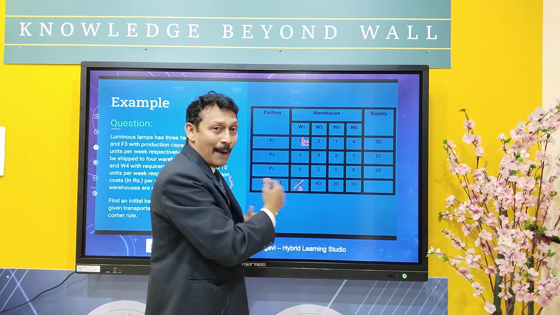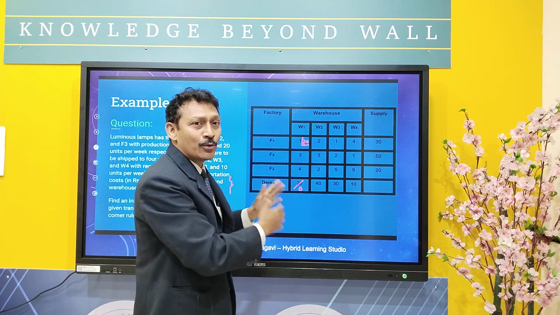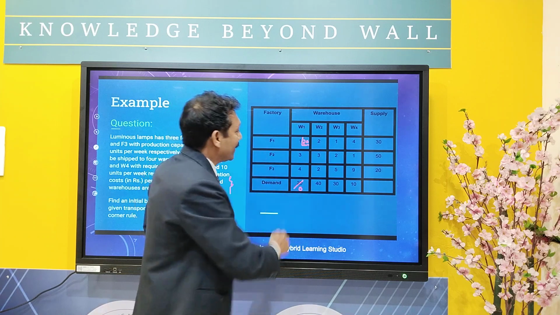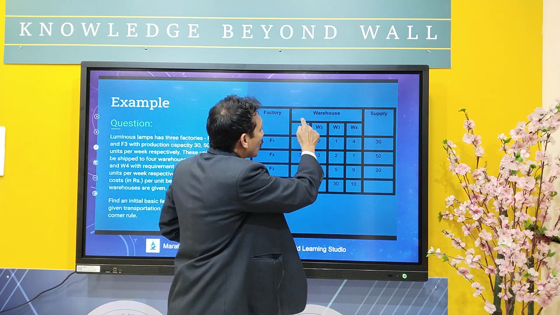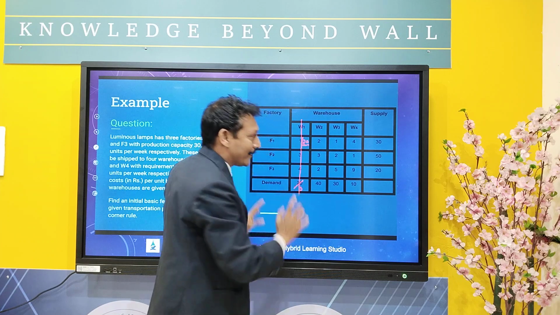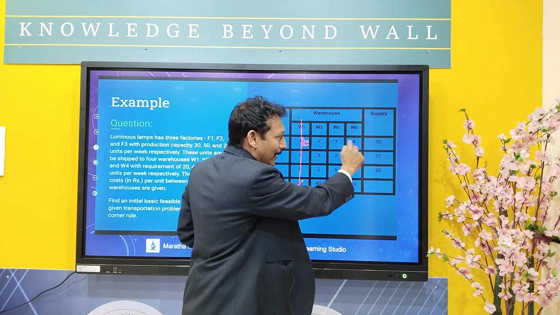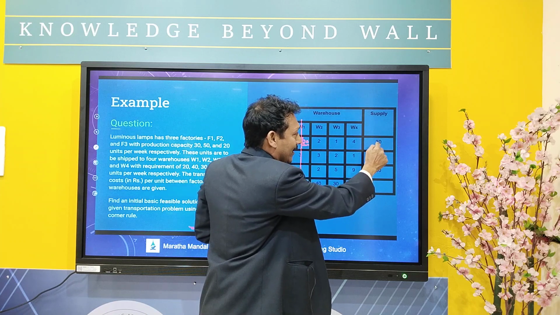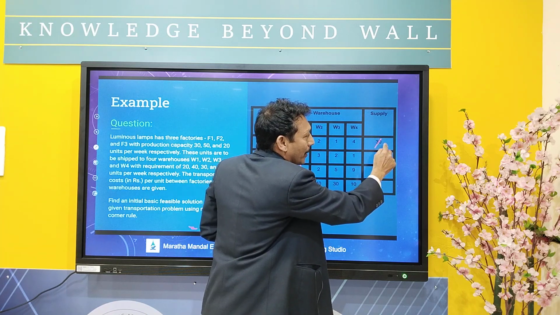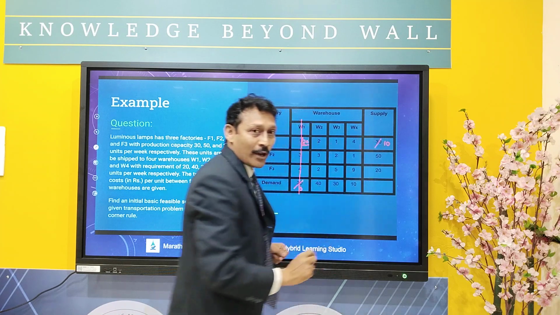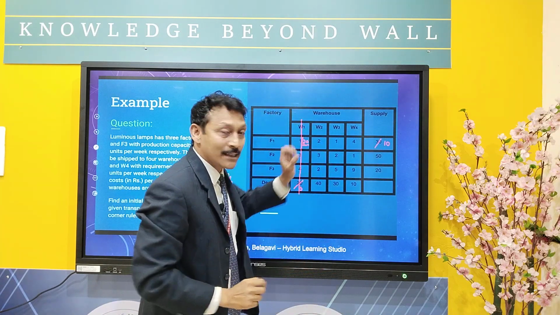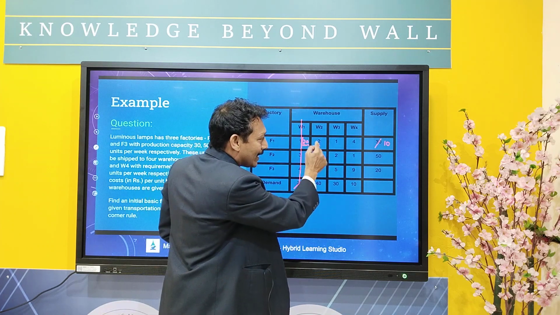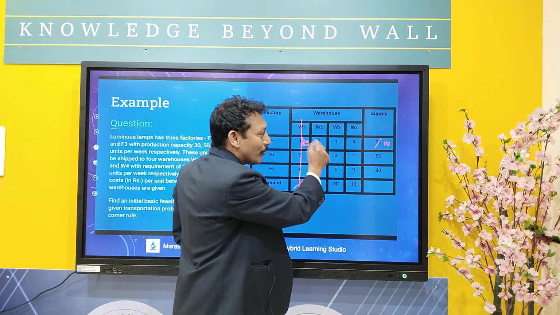After the demand is fulfilled, we have to cross out that particular column or row from the matrix. So W1 we are going to cross out. Now this will go from the matrix. From the 30 we have already used 20, so the remaining is 10 here. Now this is the remaining matrix, and from it we find the northwest cell. Now here we have to allocate.